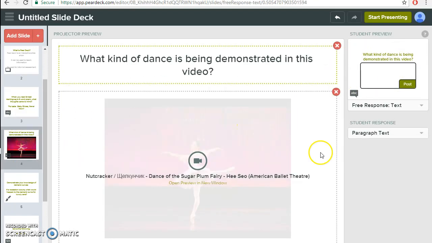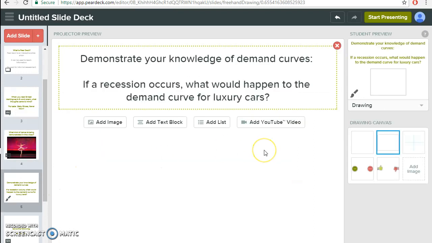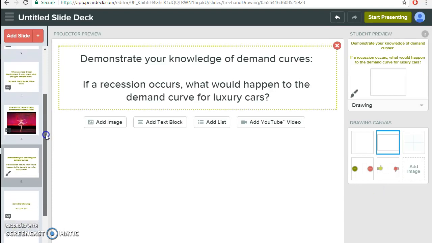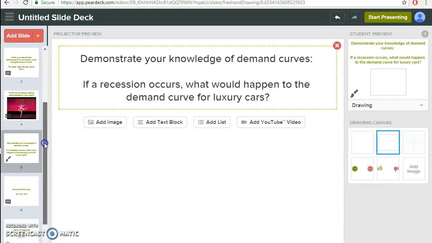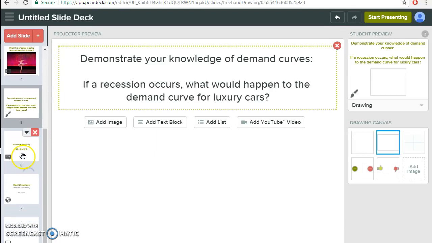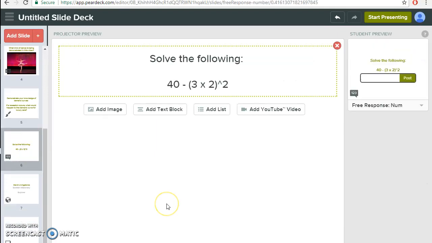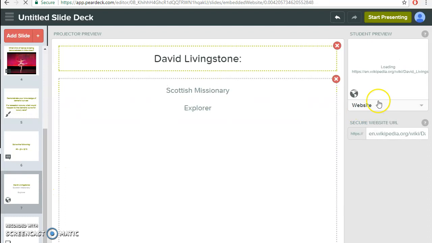This is an example of one of the videos. So you can put a YouTube video straight in. You can play this YouTube video straight from the presentation. This one right here, if you have a premium account, you can allow students to draw on it, and it's great for math and probably economics. This one right here is great for numbers and math as well. And this one is an example of the